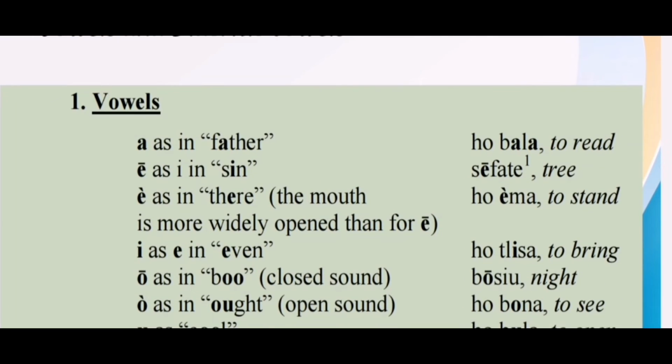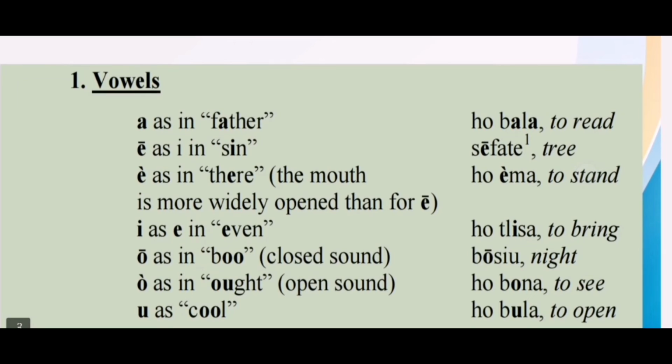Okay, and then again, these are some of the examples for the vowels and their diacritic sounds. So we've got A as in father, and a Sesotho word there is hobala, bala, which means to read. And then we've got the first E, as in seen, and the word in Sesotho is sefate,